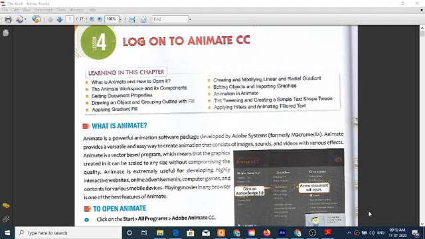Today we discuss part of Flash Animate CC.